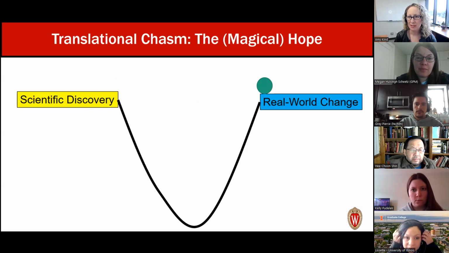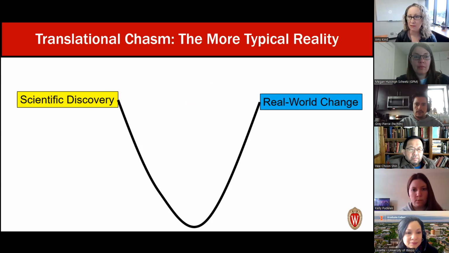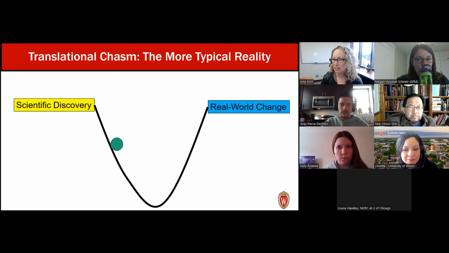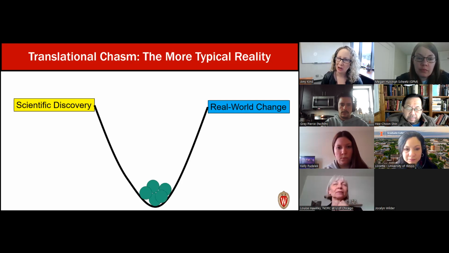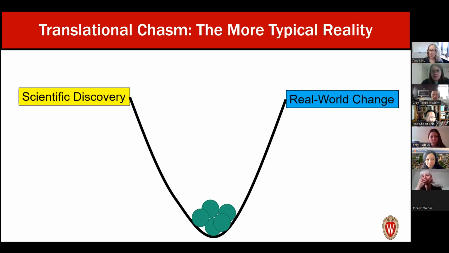But what we know is this is incredibly rare and often does not happen, because what is much more typical, even if it is a critically important finding published in a high-tier journal, is that these findings kind of roll down into the translational chasm. They sit on a bookshelf, they gather dust, and they don't ultimately translate to real-world change. Experts in the field say, wow, that's so important, we should be doing that. And yet the policy doesn't change, the practice doesn't change. And there may be confirmatory studies that all fall into that chasm as well. So we know the science is valid, but it does not ultimately translate towards real world change. So how do we get there?